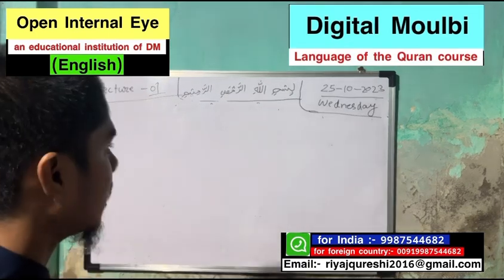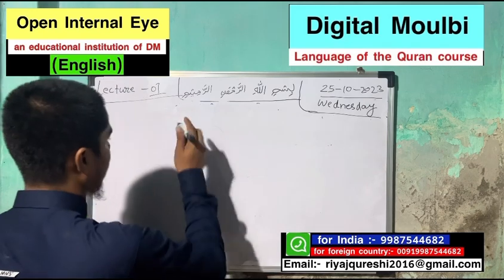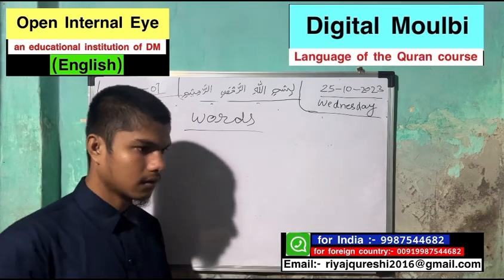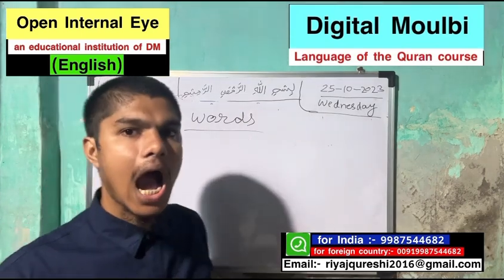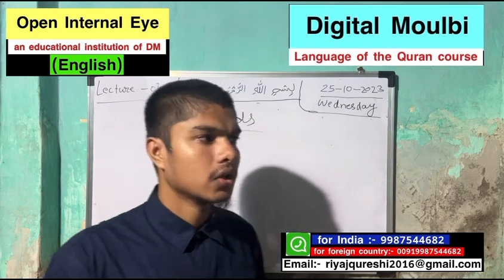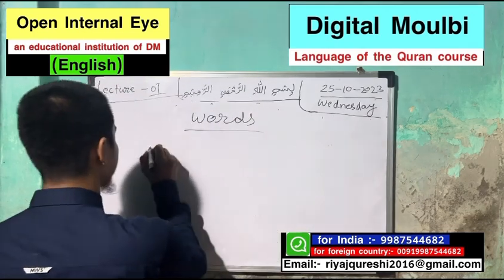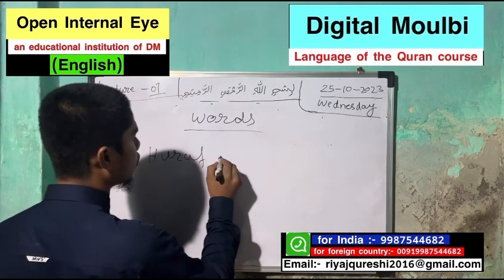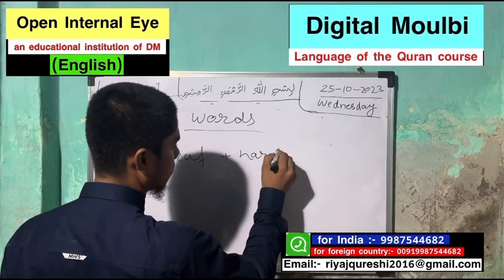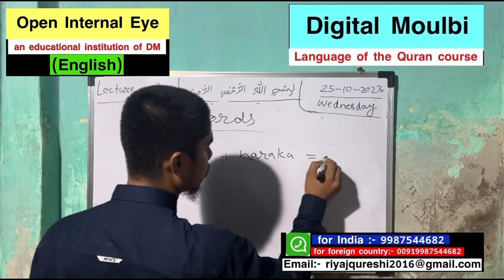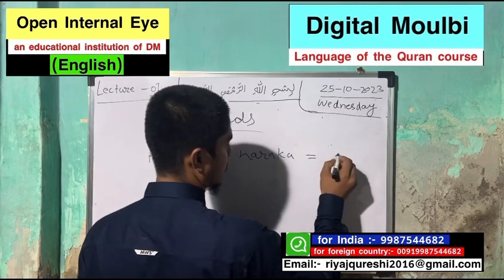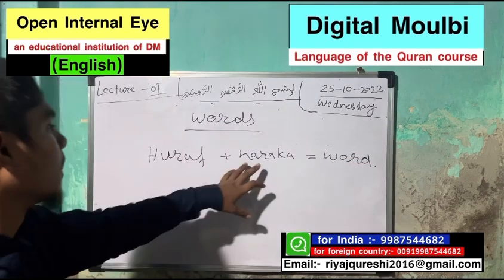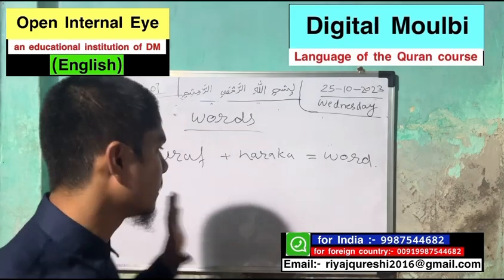Okay, so let's look at the number 4 topic, which is words. First we will learn how a word becomes a word. The combination of huruf plus harakat equals lafz, which is a word. The combination of huruf and harakat becomes a word, like